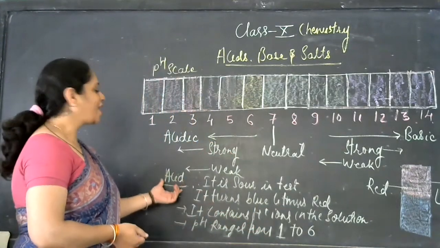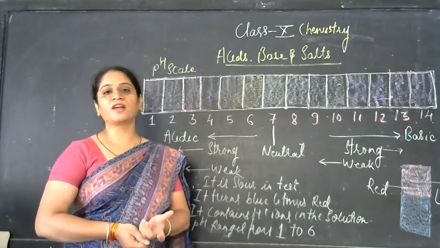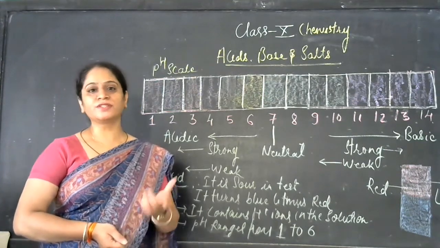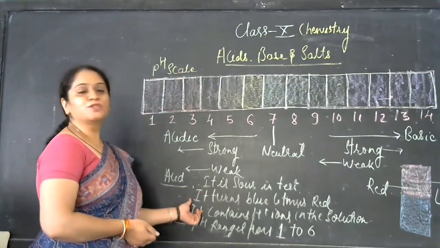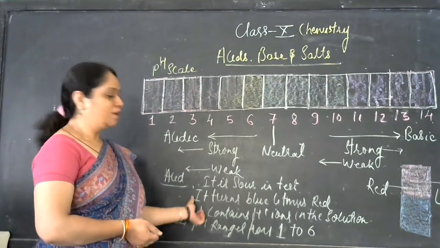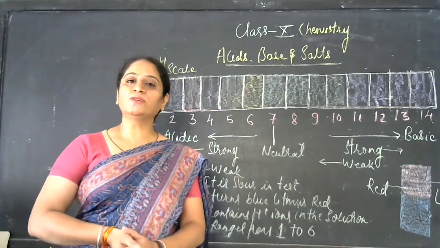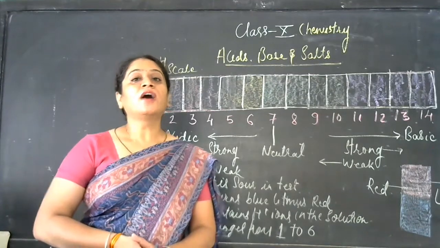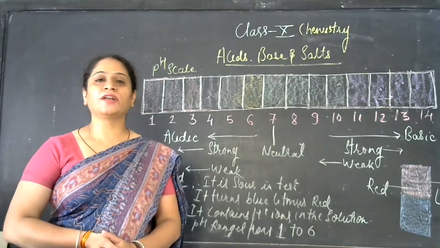Suppose I am asking, what is an acid? The normal definition of acids is that they are sour in taste, and we can say they turn blue litmus red, which we have studied in lower classes also. But here, in the technical definition, we are going to study with the pH scale. According to that, we can explain acids again. Acids are those which give H positive ions in the solution. They are basically called acids.